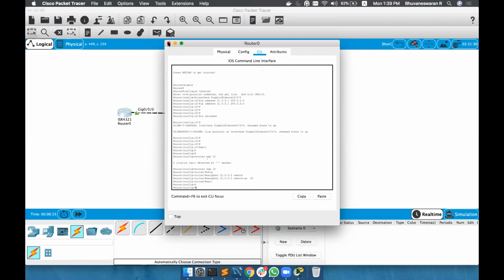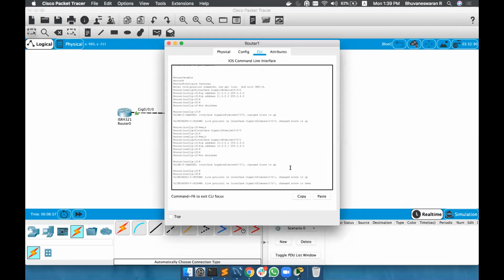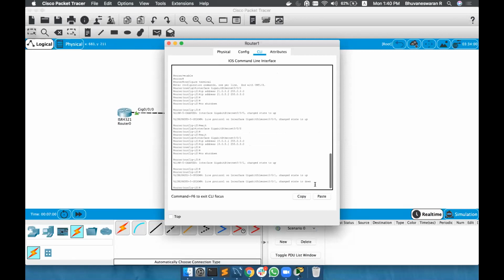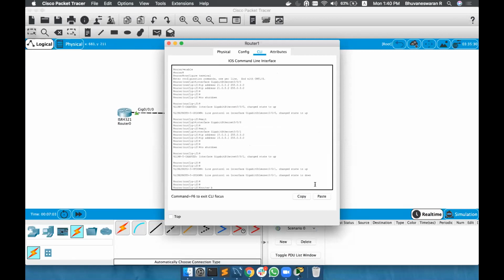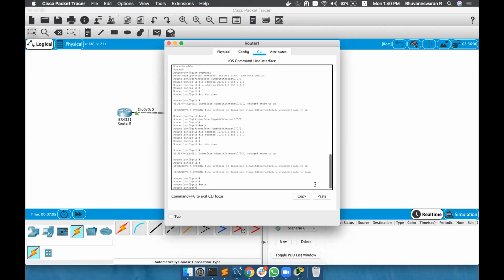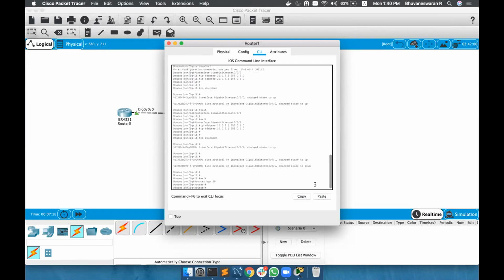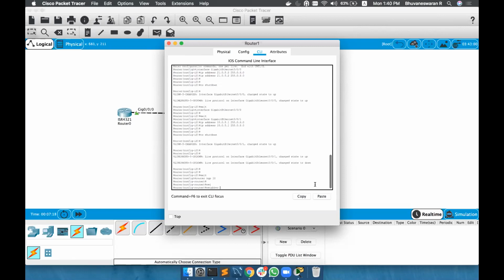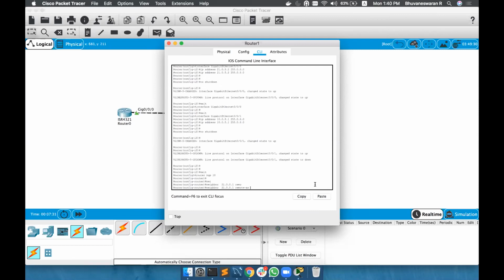Go on router 1. Exit. Firstly we have to go on router BGP. Neighbor 21001, remote AS 10.